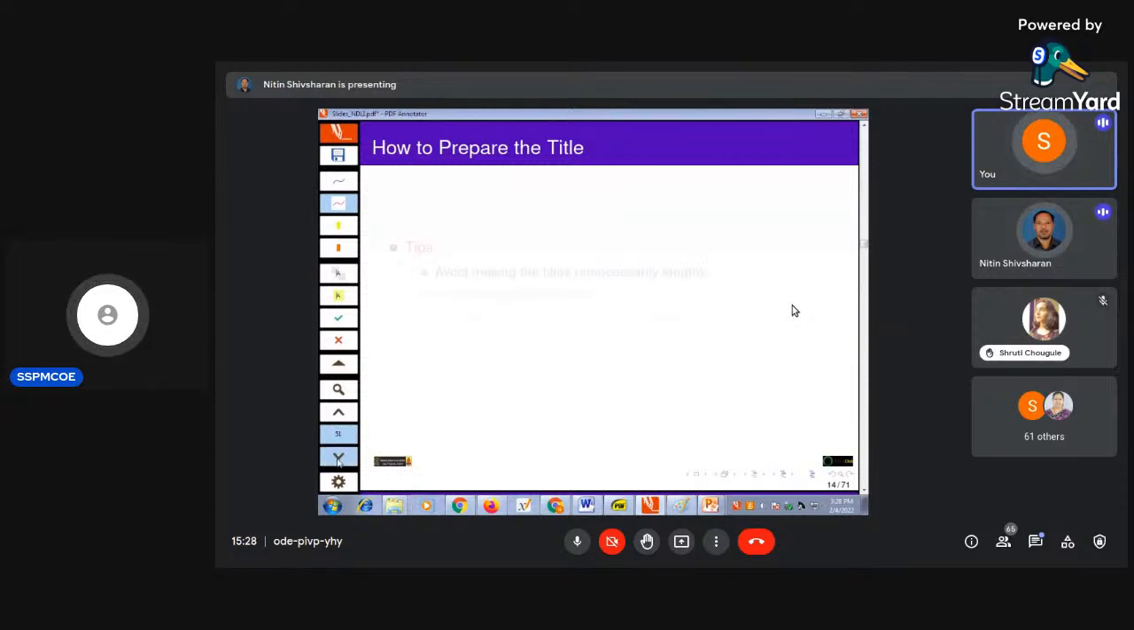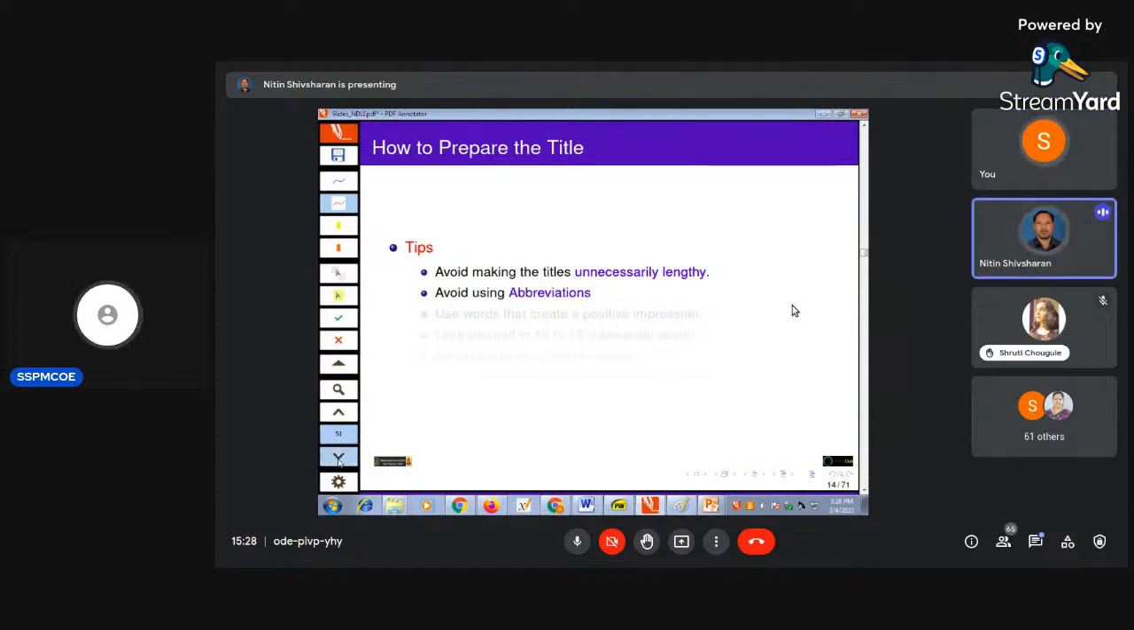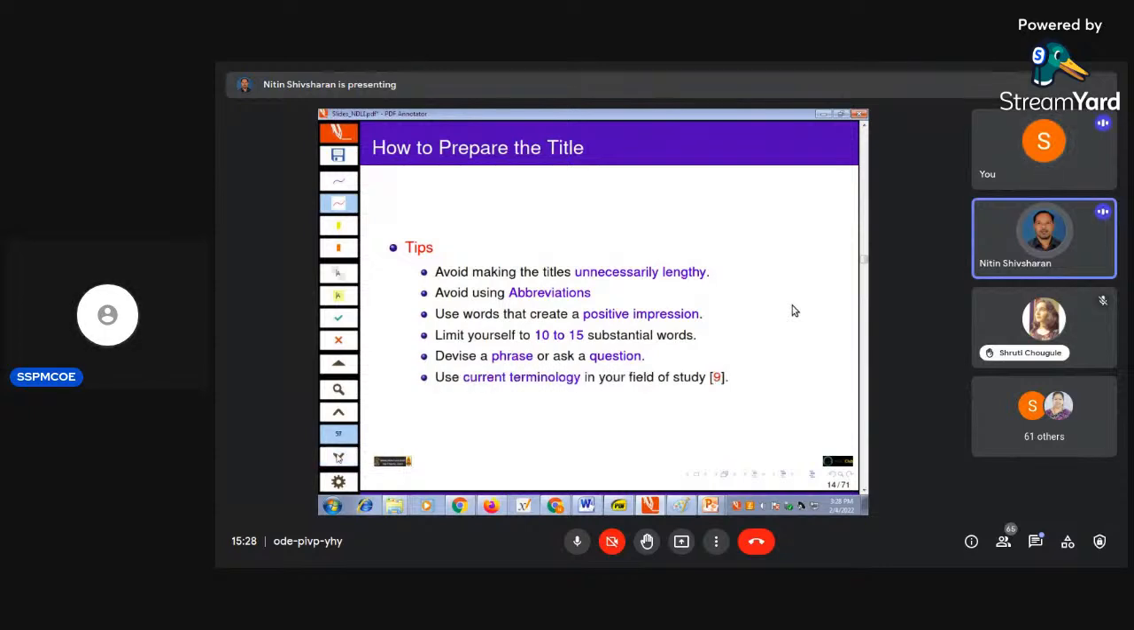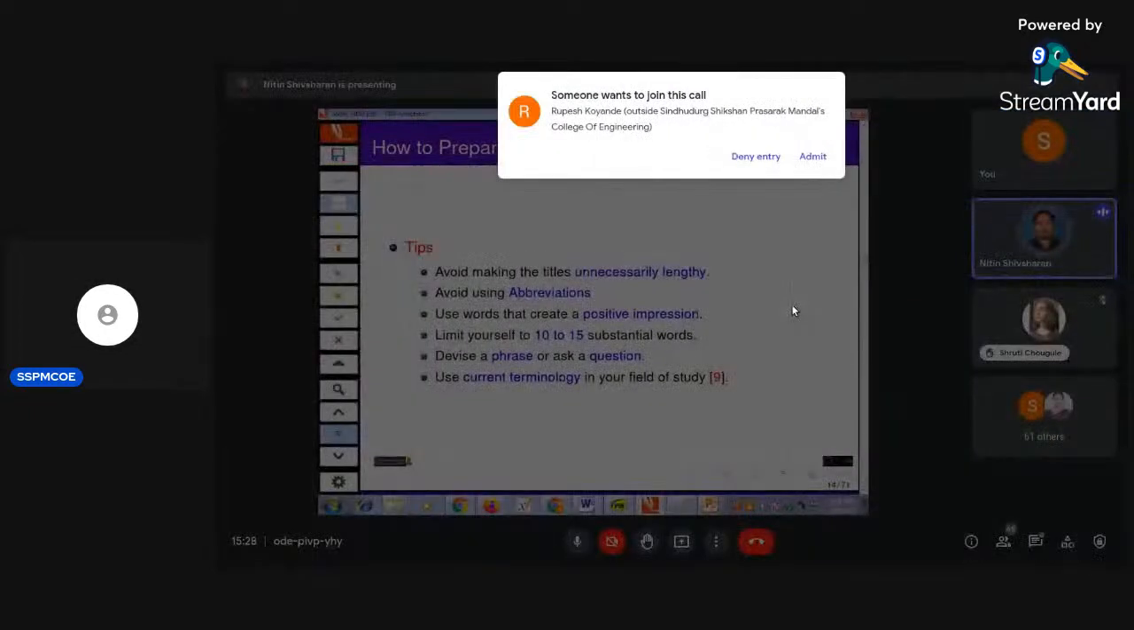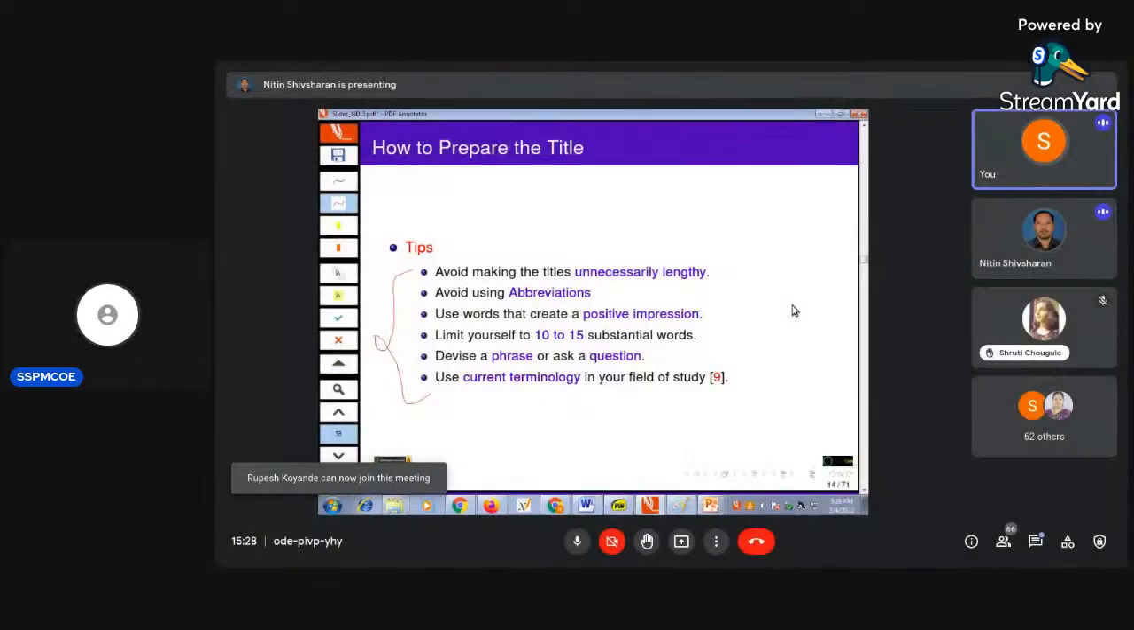Next, tips to create a title: avoid making an unnecessarily lengthy title, as we just saw in one example. Avoid using abbreviations in the title. Use words that create a positive impression. Limit yourself to 10 to 15 substantial words. Then devise a phrase or ask a question. Then use the current terminology in your field of study. These are some tips we can use